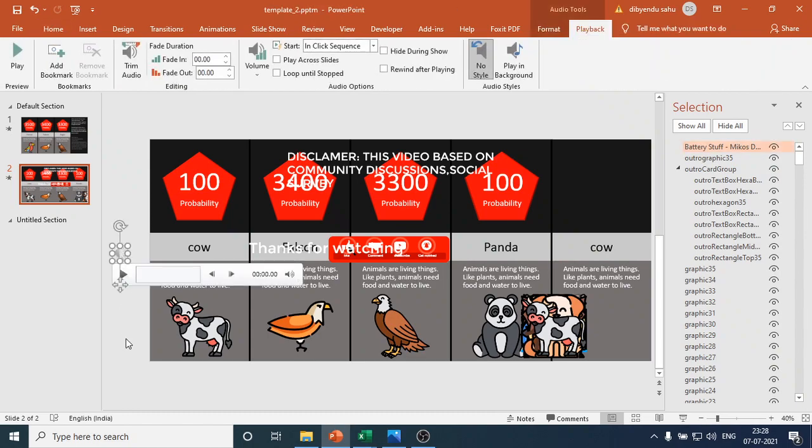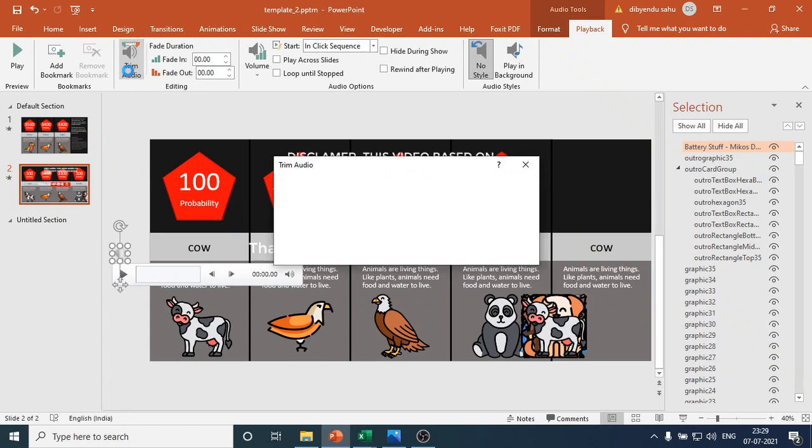Now you require an audio file. Note down: you require an audio file of 2 minutes 37 seconds for these 35 blocks for proper use. So trim the audio.